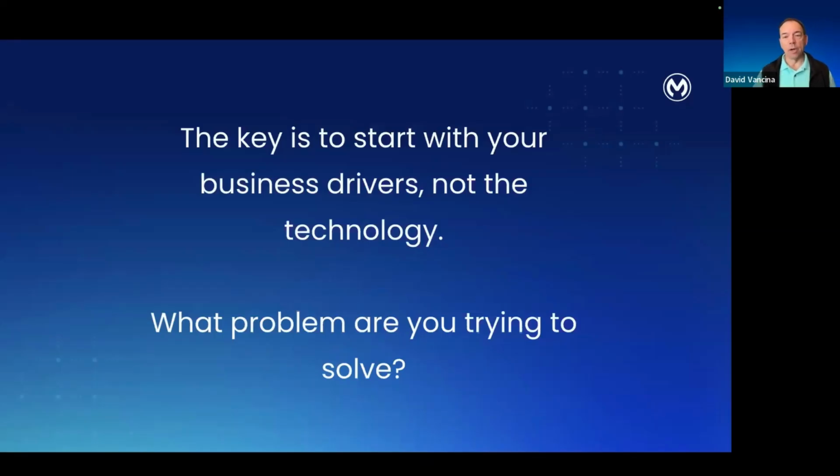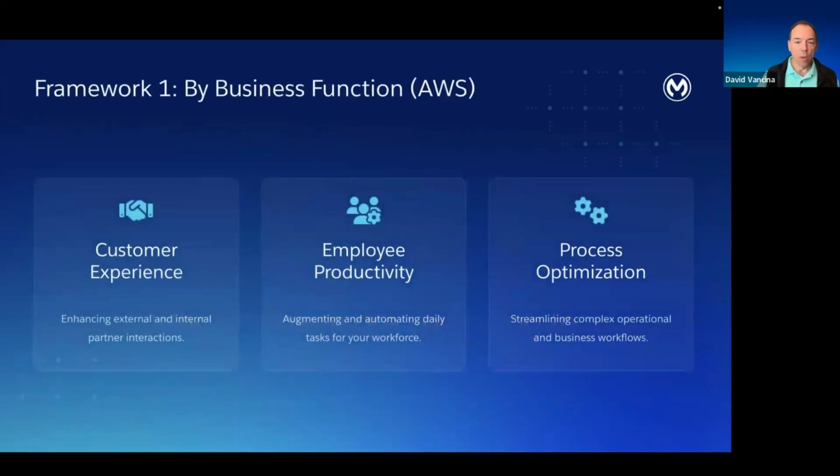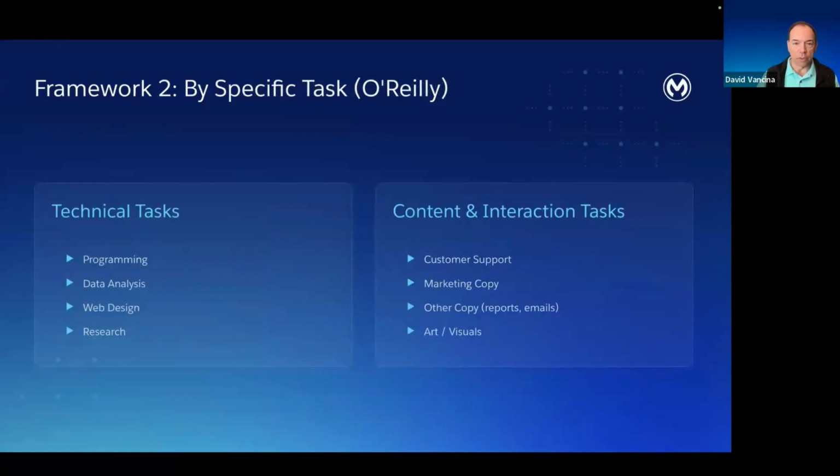Now, we talked in that last webinar about the fact that often when you've got a big question like what problem are you trying to solve, it helps to break it down and categorize a little bit and use those categories to decide where are the right places to drill in. We looked at a few different frameworks that exist in the industry. AWS breaks the categories down as customer experience, employee productivity, and process optimization. By looking at each of those and just thinking about which one of those categories might resonate most strongly with your organization at this point in time, it helps to winnow down and begin to focus on what are the right places where you might tackle with this technology.